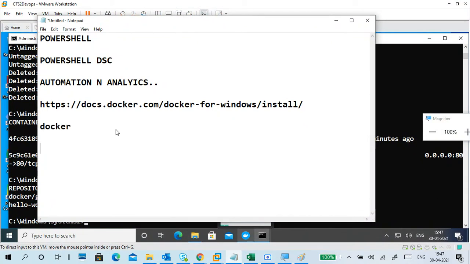So Docker, I downloaded and installed Docker Desktop, also with all the options, everything.